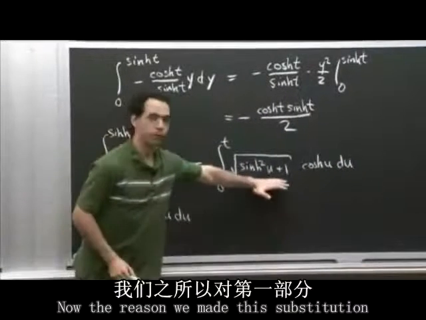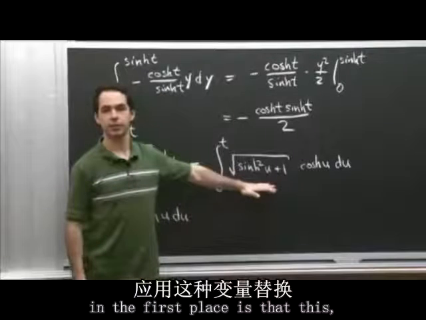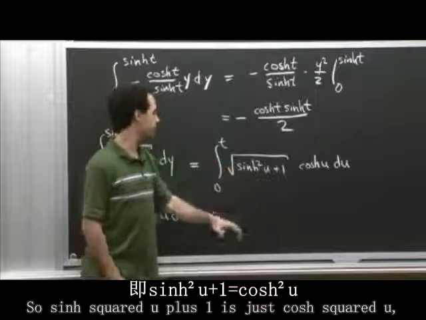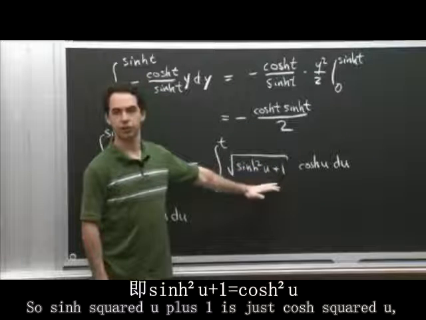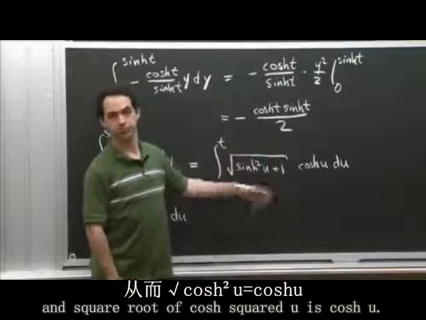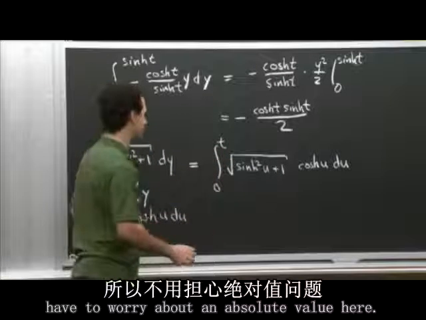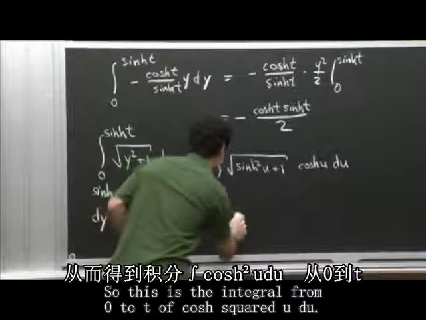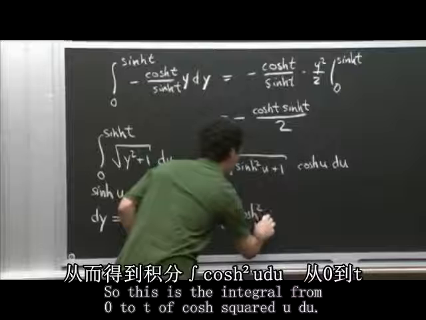Okay, now the reason we made this substitution in the first place is that we can use a hyperbolic trig identity here. So sinh squared u plus 1 is just cosh squared u, and the square root of cosh squared u is cosh u. Remember that cosh u is positive, so we don't have to worry about an absolute value here. So this is the integral from 0 to t of cosh squared u